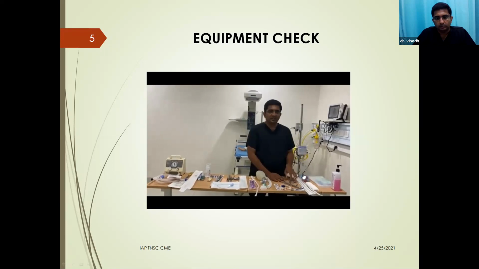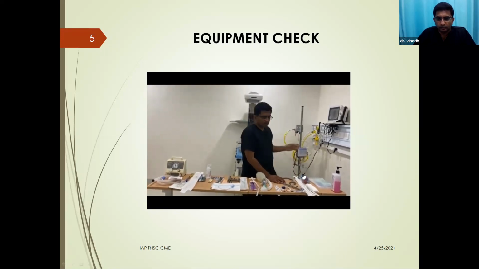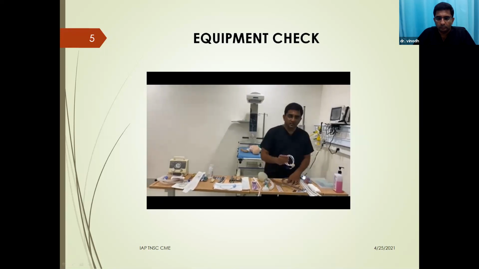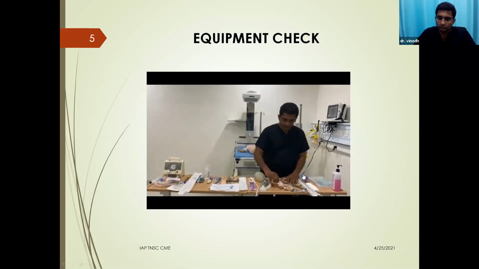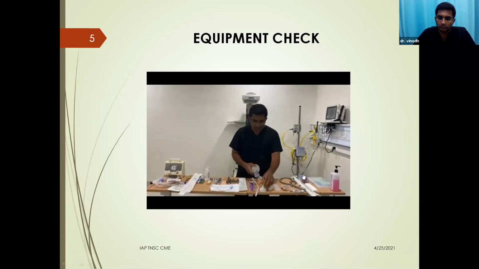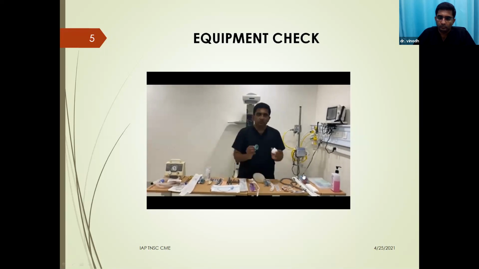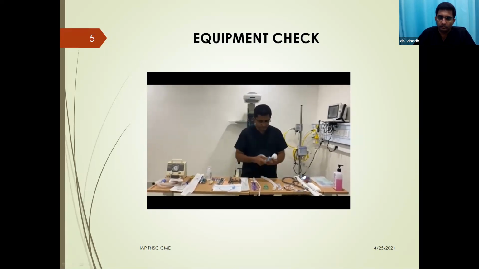Then coming to oxygenation, we need to have the central oxygen supply with the blender and oxygen tubings. To assess the oxygenation, we need to have a pulse oximeter and pulse oximeter probe. An ECG monitor should also be available, and for that we have the ECG leads. Coming to providing positive pressure ventilation, we need to have the self-inflating bag of appropriate size and volume. We need to have 2 sizes of mask, one for preterm and another one for term babies.